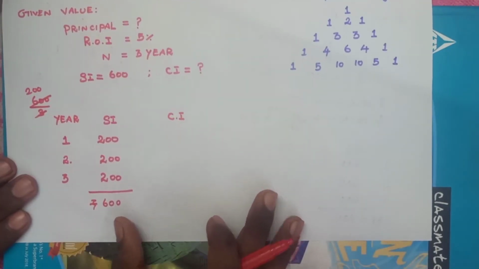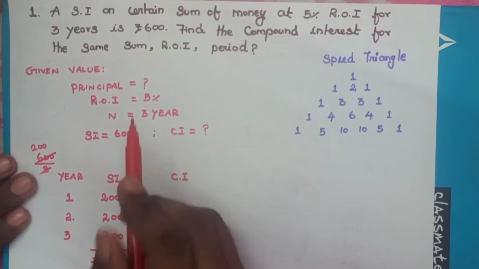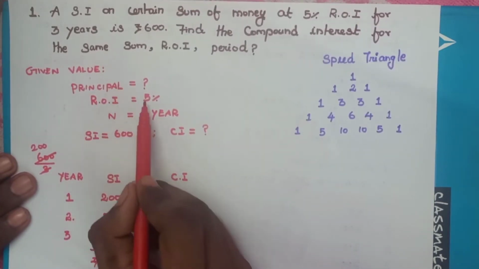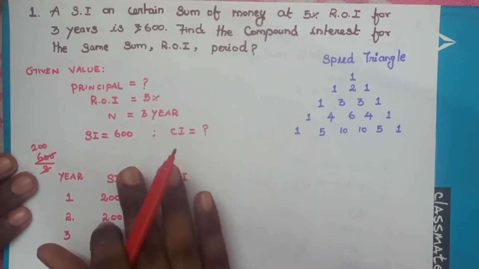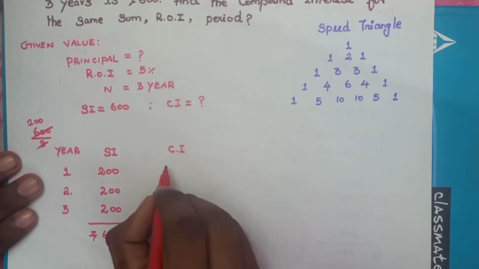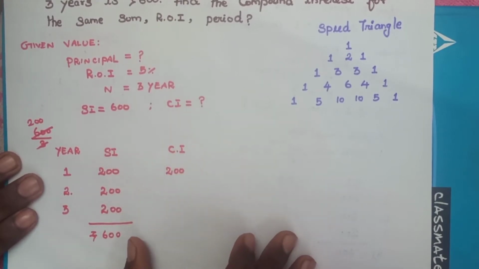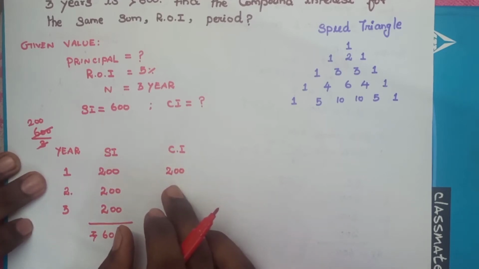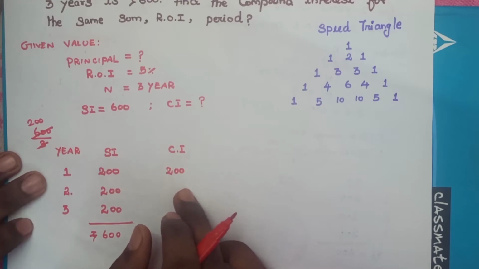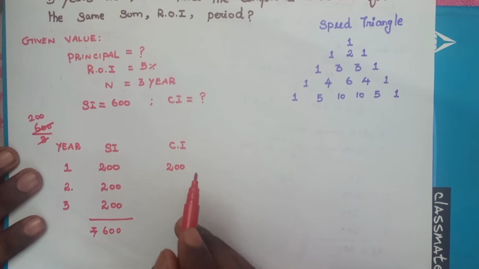And I have told you one important point in the previous video. If your rate of interest and your principal are the same, then you will get the same interest amount in the very first year for both schemes, right? Then you will get the same rupees 200 as your compound interest amount in the very first year, and your interest amount will start to vary from the second year itself in the compound interest scheme, right? So compound interest is also called the interest on interest scheme, right?